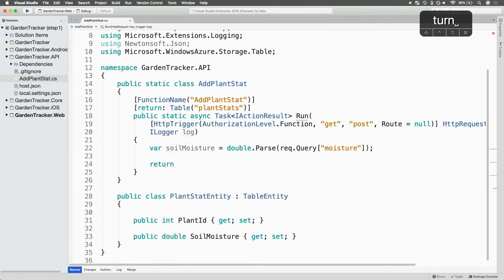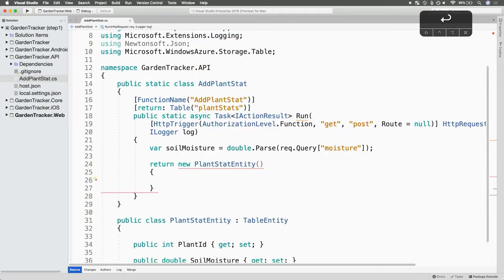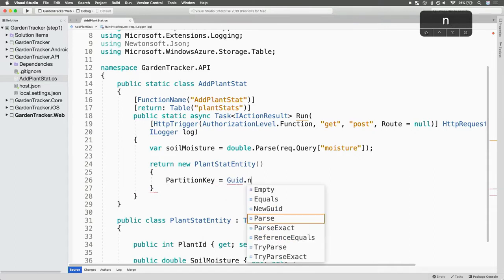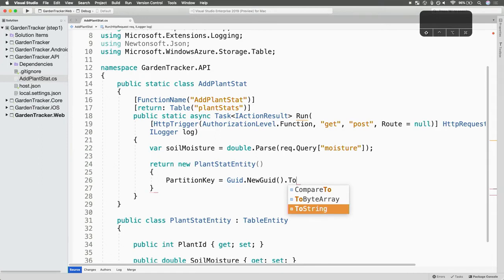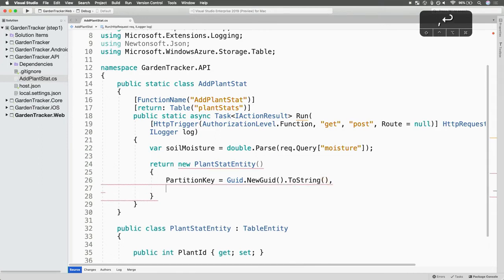And then to write to that table, I actually return a new plant stat. I return my entity here. And this is going to return, there's a couple of things you use on the back end, a partition key that is like a unique identifier for your data in the table storage. So I'm just going to use a GUID that will generate for that,